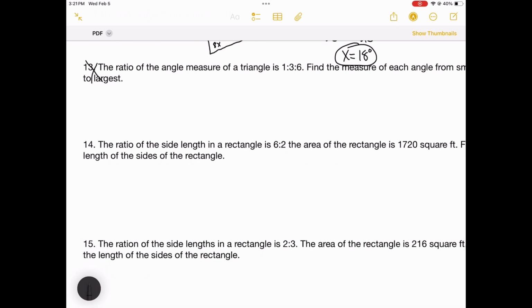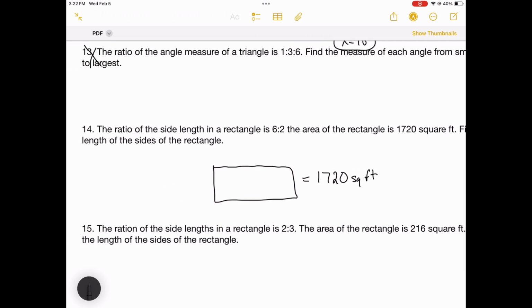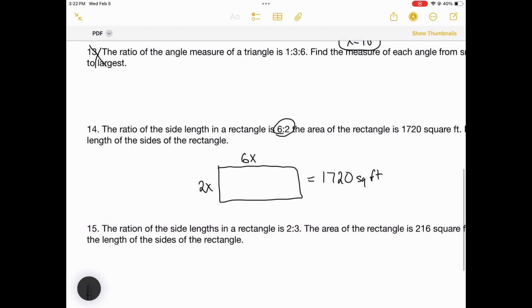You have a rectangle that is 6 to 2, or 6 over 2. The area of the rectangle is 1720 square feet. It says, find the length of each side. Well, it tells you that the ratio of the sides is 6 to 2, so let one of them be 6x, the other one be 2x. Remember, the area of a rectangle is length times width. That equals area. So I'm going to do 2x times 6x equals